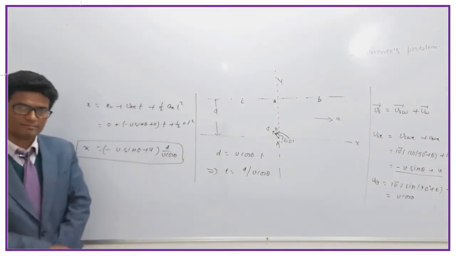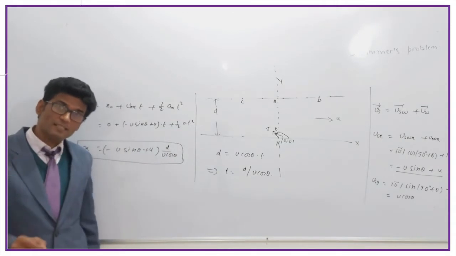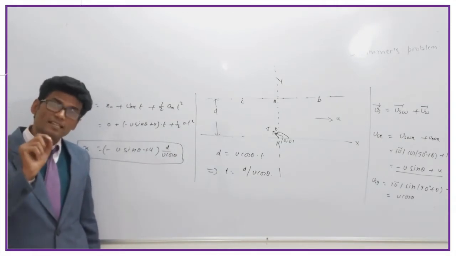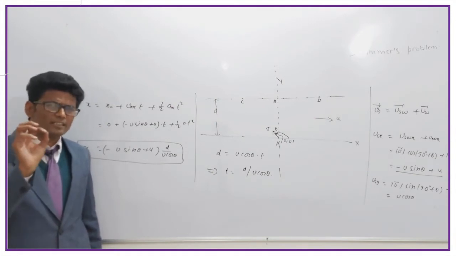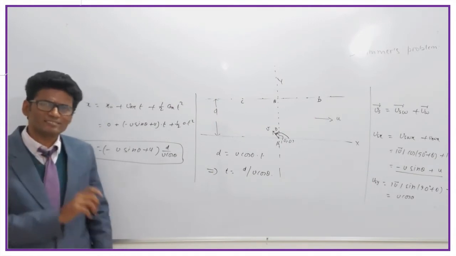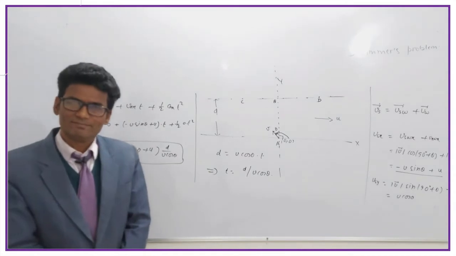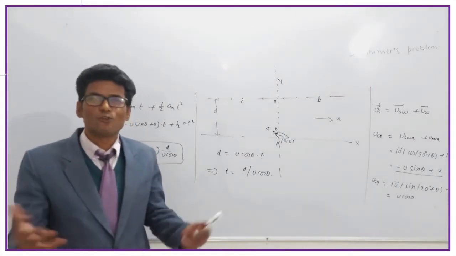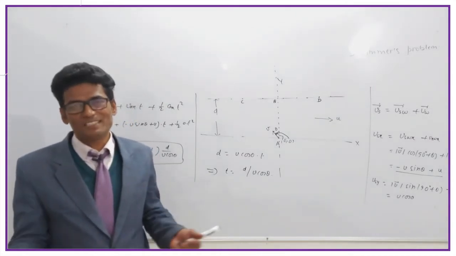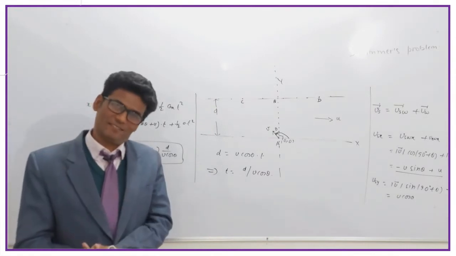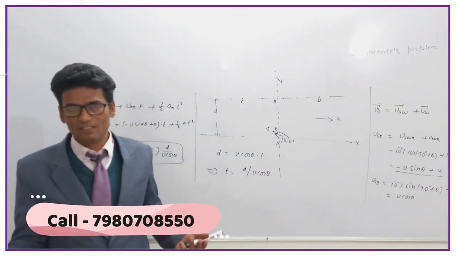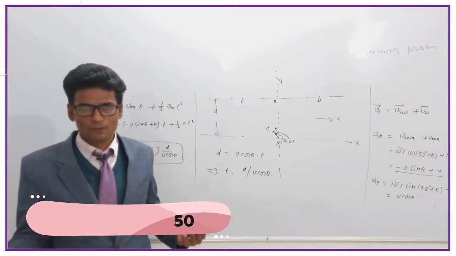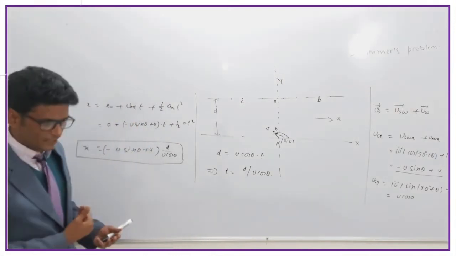Look at, point B is on the y-axis. What is the unique character of y-axis points? The x coordinate will be 0. That's the unique character of the y-axis. As well, for the x-axis, the y coordinate will be 0. So just we are going to write here,